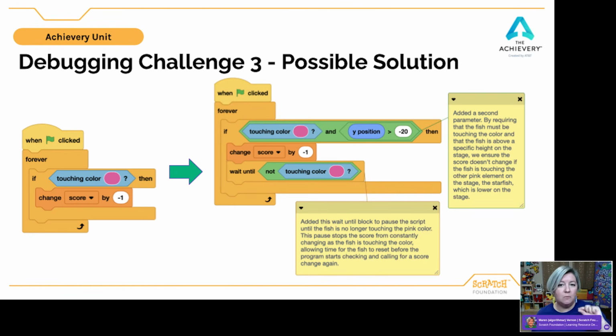I also added a small wait block to pause the script until the fish is no longer touching the pink color. We could have it pause without using the not touching, right? That's a kind of an advanced block. Wait until not touching. You could wait 1 second. You could